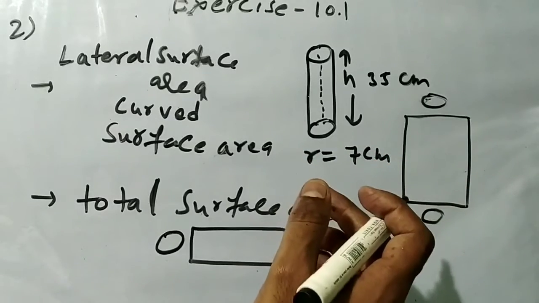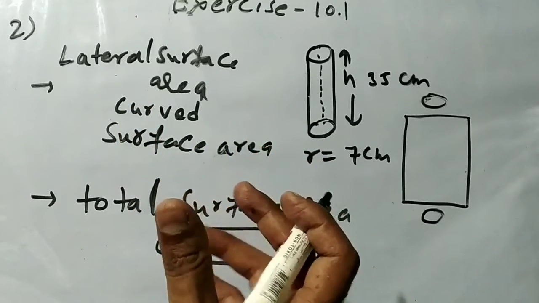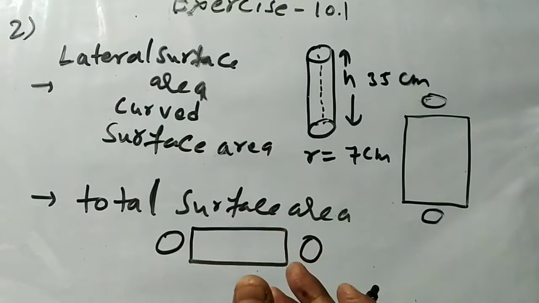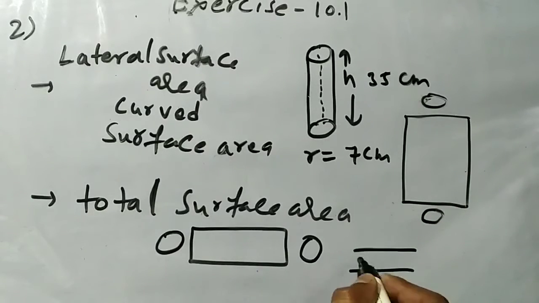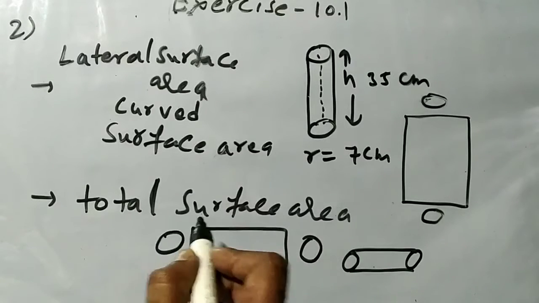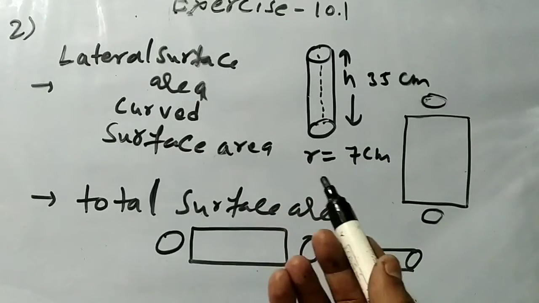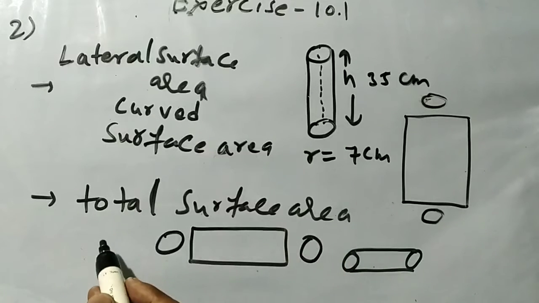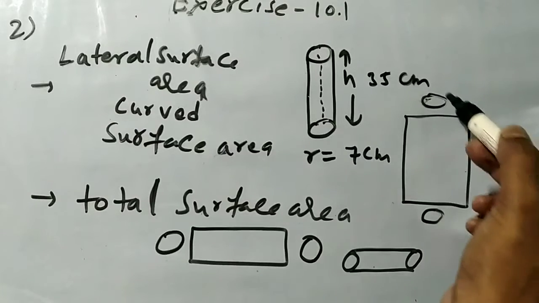If we want to make a flower vase or hollow pipes or hollow cylinders, there is no need to calculate total surface area, because hollow cylinders or hollow pipes do not consist of caps, they are only hollow, with an empty surface inside. That's why there is no need to calculate total surface area there, whereas for cylinders like shuttlecock packing or some other packing, we have to calculate total surface area, which includes the caps, up and down.